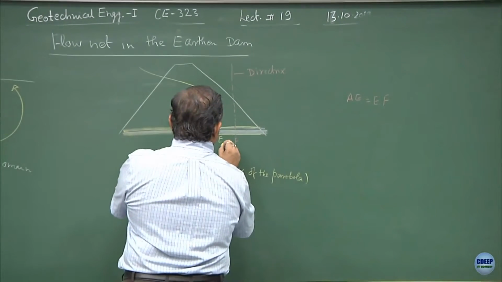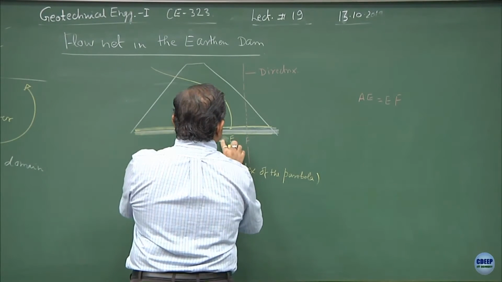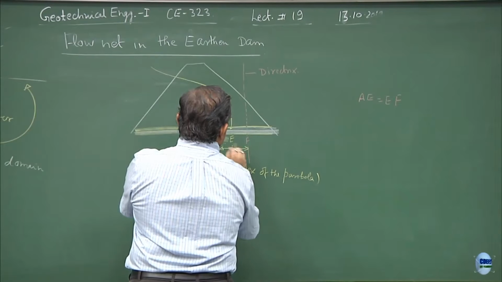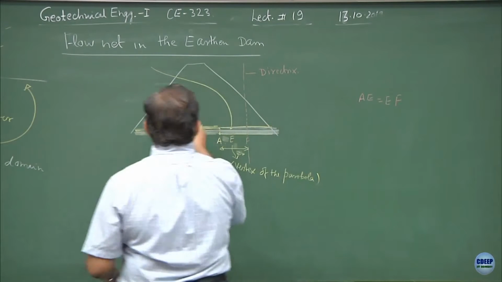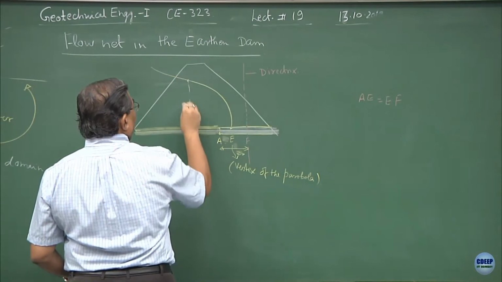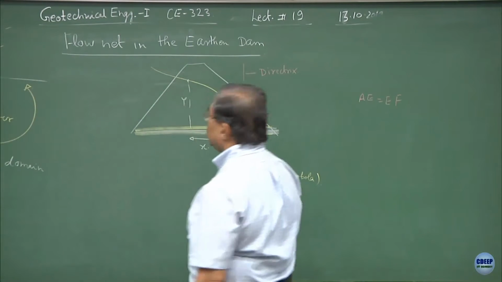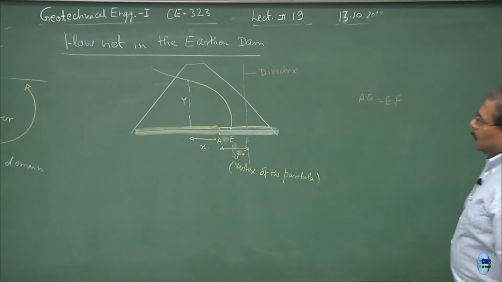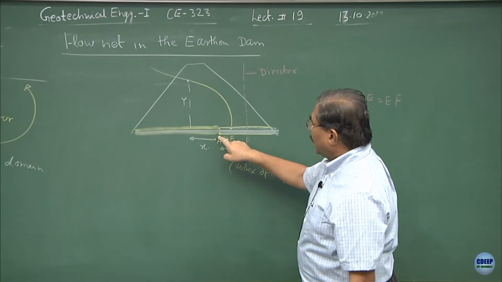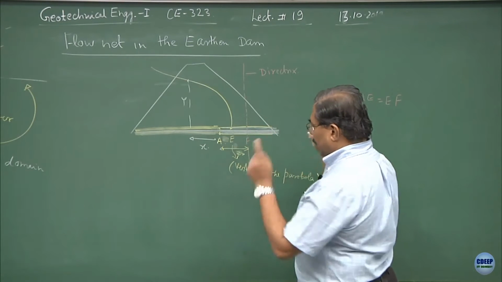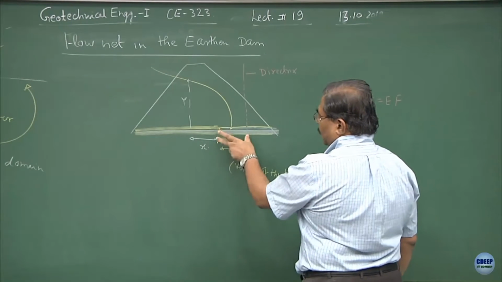So, suppose if I define this as Z naught, or whatever, let us say if I define this thing as Z naught, and if I consider a point here at y and x. So, the moment I have fixed the directrix, I know the focus, I know the vertex E, and I am assuming that AE is equal to EF, total length of the filter is known.